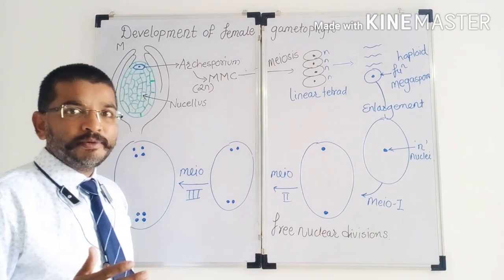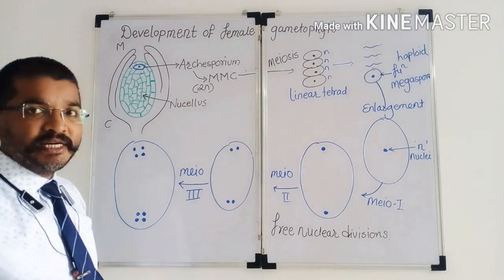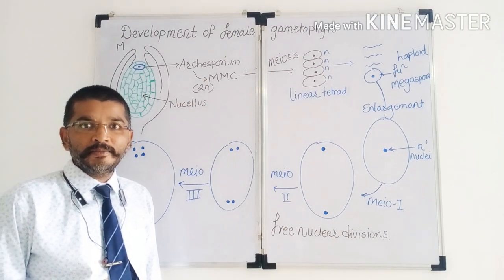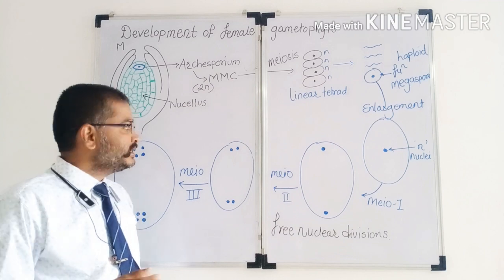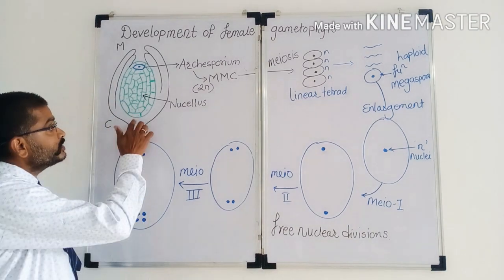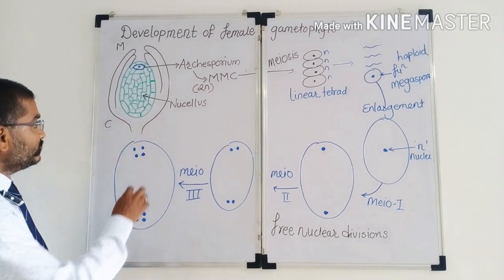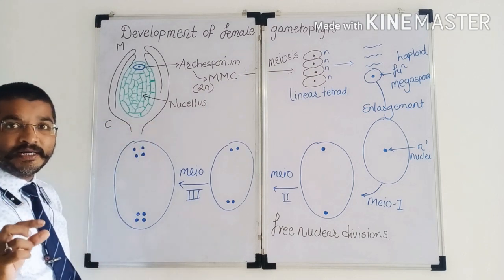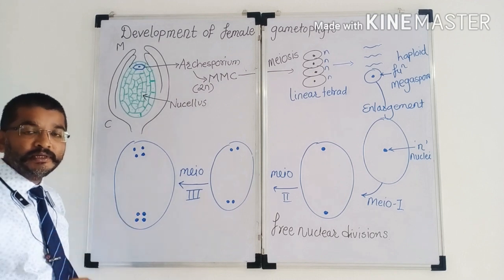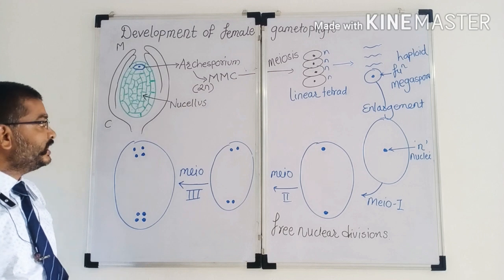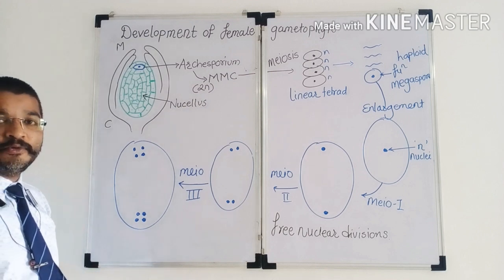Already in the previous lecture we had seen the vertical section view of the ovule. The ovule normally consists of two main parts. The first one is the stalk. Here in the first picture, the stalk is the part by which the body of the ovule gets connected with the placenta or wall of the ovary. The second part of the ovule is the body.